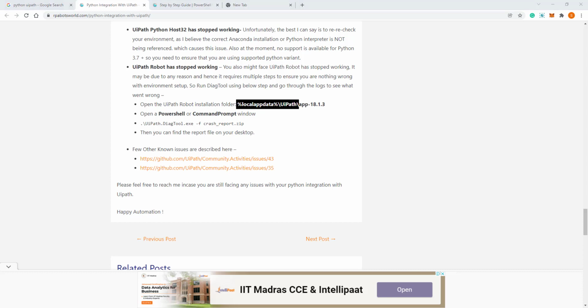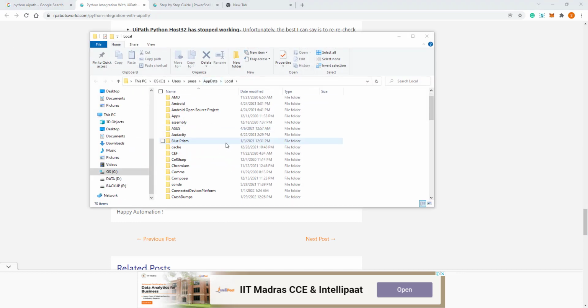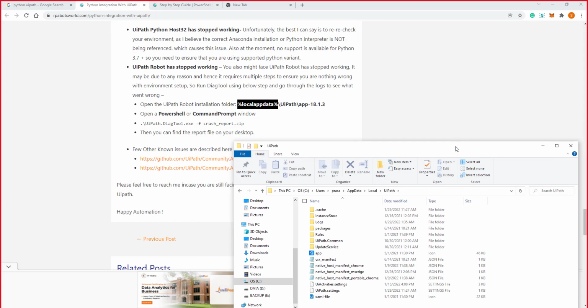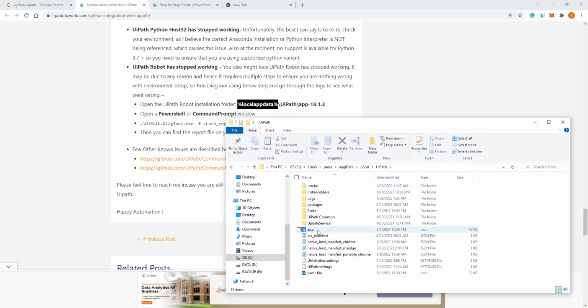Another useful feature is local app data. You need to type this one. So you go to local app data, then you go to UiPath, right here in the UiPath, and then you have app.